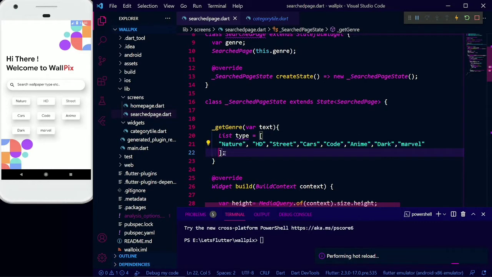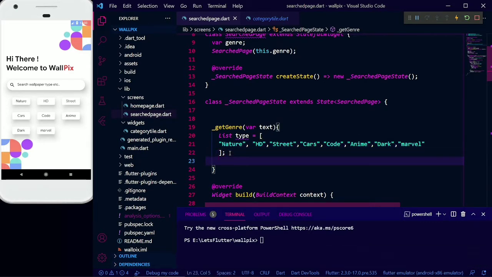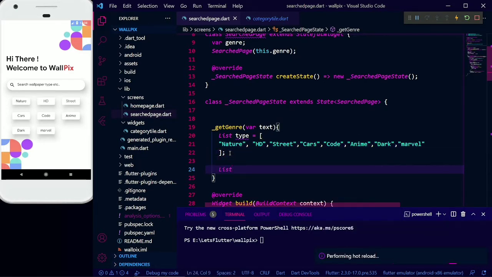Okay, and we will make another list of keywords that the user is going to type, and we will return accordingly. I'm going to write 6 keywords for each of these genres, that is, our collection names.